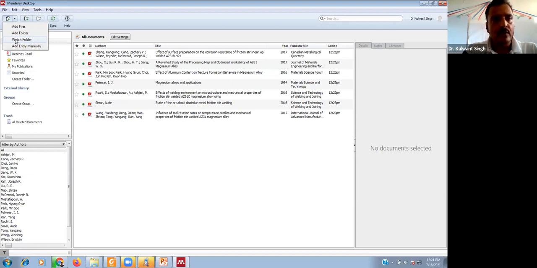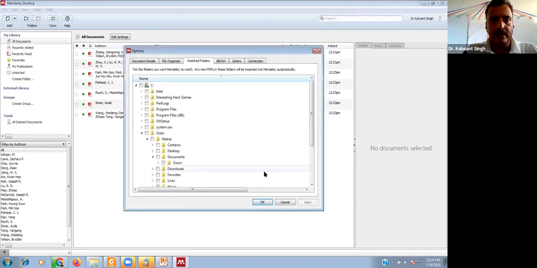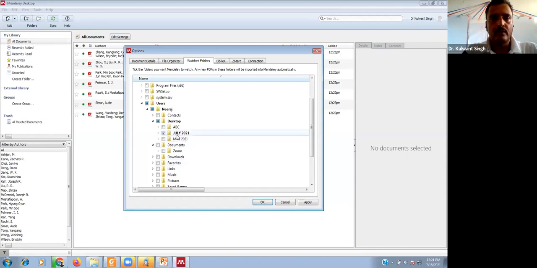In such a case, it is better to select this option. We have to select a folder, suppose I am selecting this particular folder, July 2020.